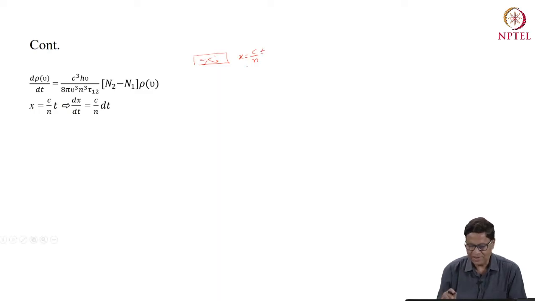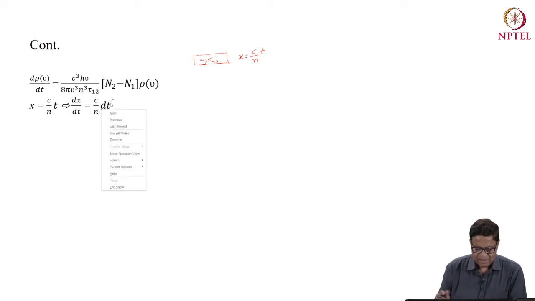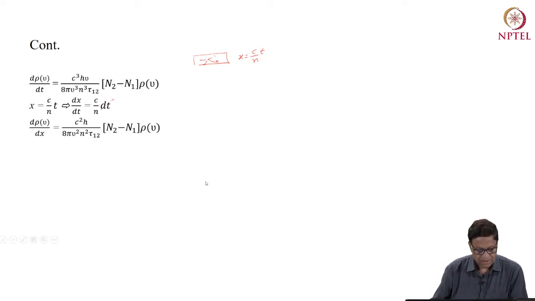So if I differentiate dx by dt, I get c by n. So this dt will not be there. And so you can write